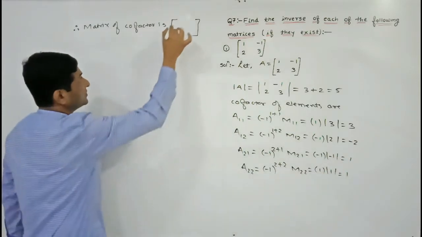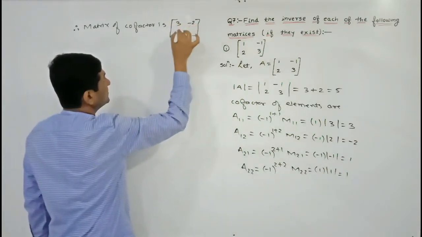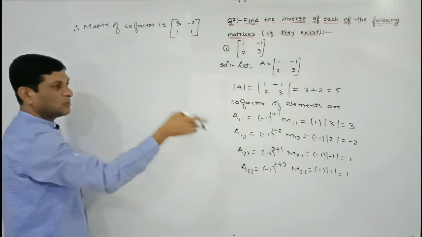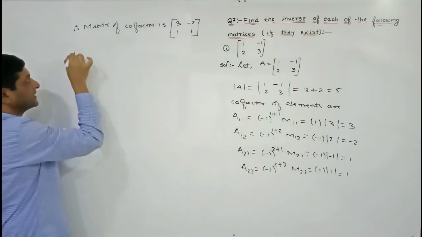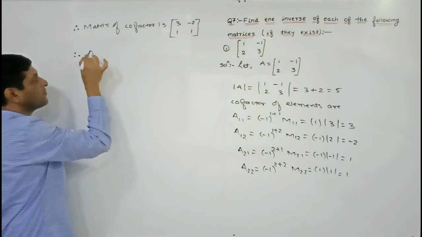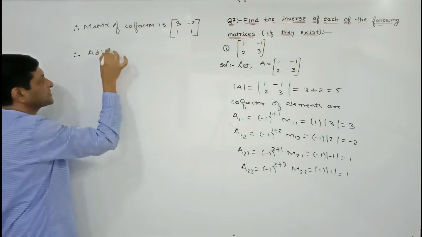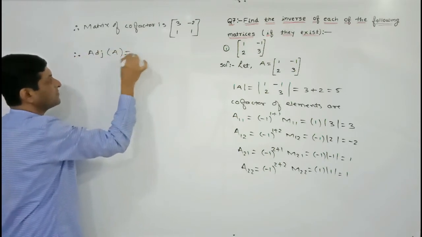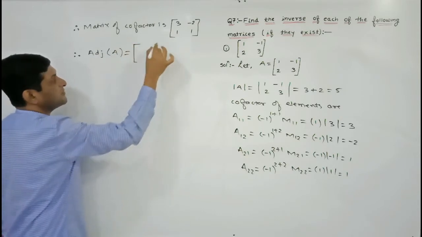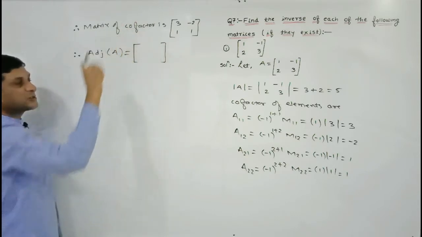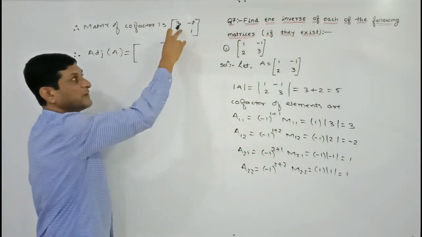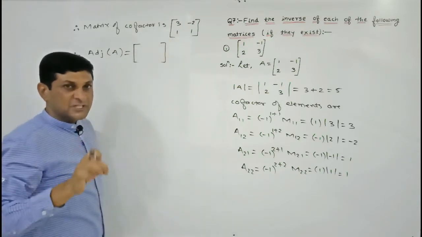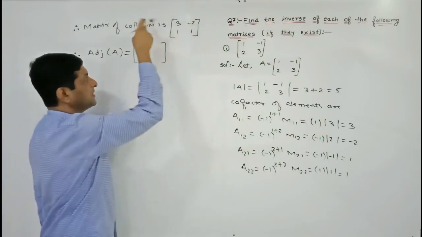So 3, -2, 1, 1 are the cofactors which we have collected in a matrix, which is called as matrix of cofactor. Once the matrix of cofactor is known to us, then fourth step is to find out adjoint of a matrix. And adjoint of a matrix is nothing but what? Matrix of transpose of matrix of cofactor. Matrix of cofactor is known to us. To find out its transpose,